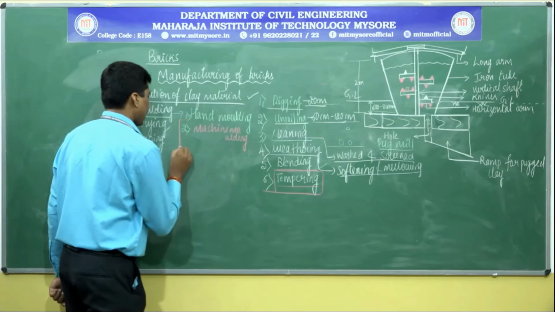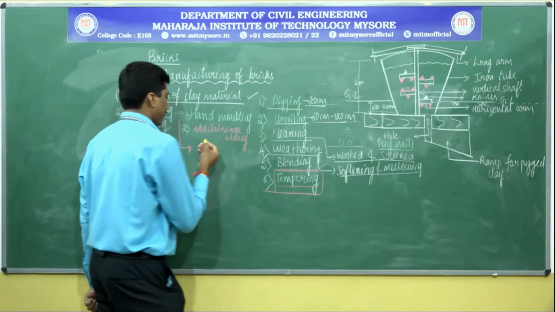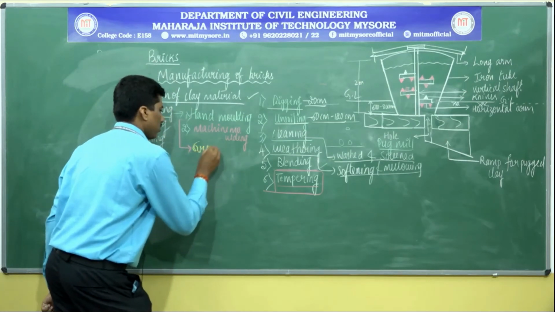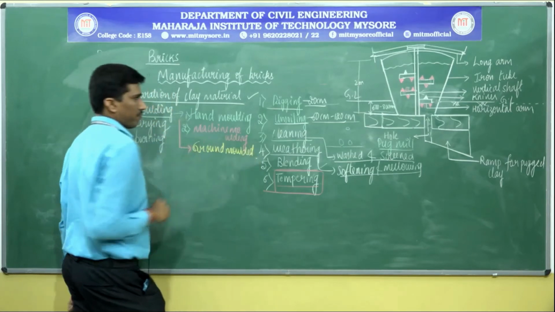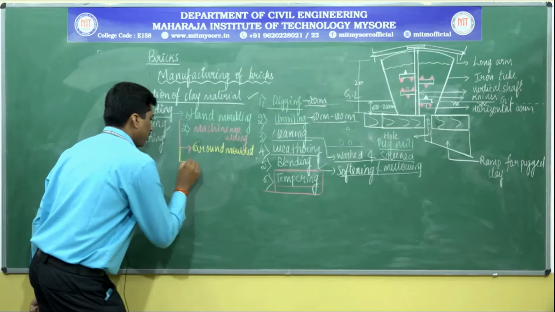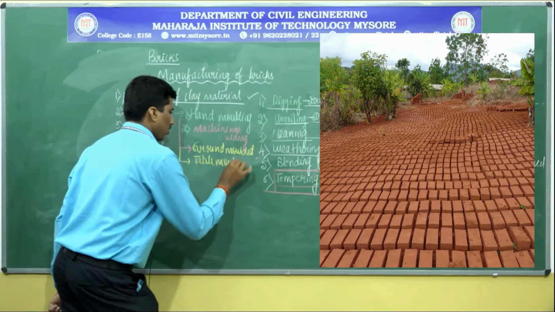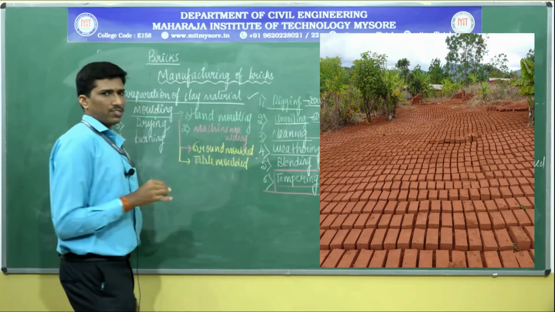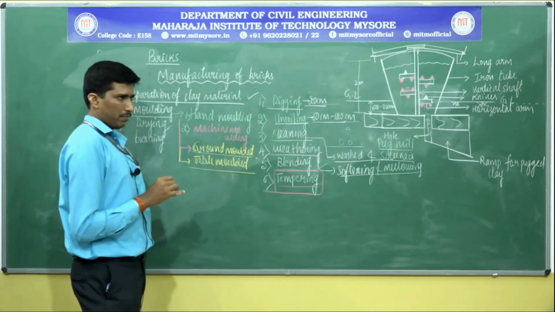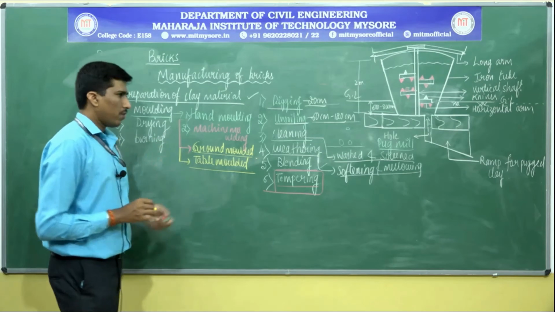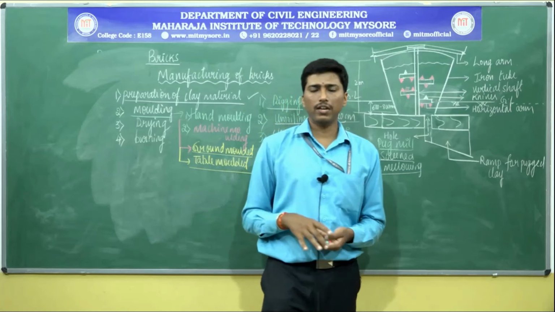We have a two-part classification in hand moulding. First one is ground moulded, second one is table moulded. Let us understand what is meant by ground moulded bricks or table moulded bricks. Hand moulding requires labor. They have to be skilled enough, with proper training,